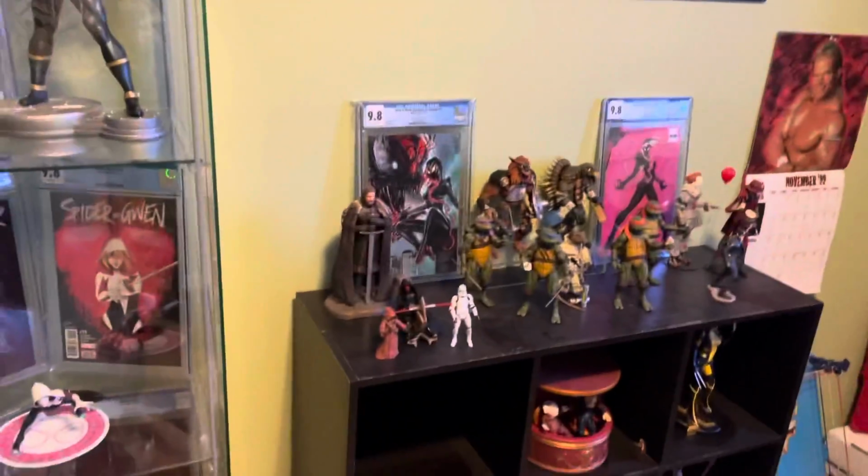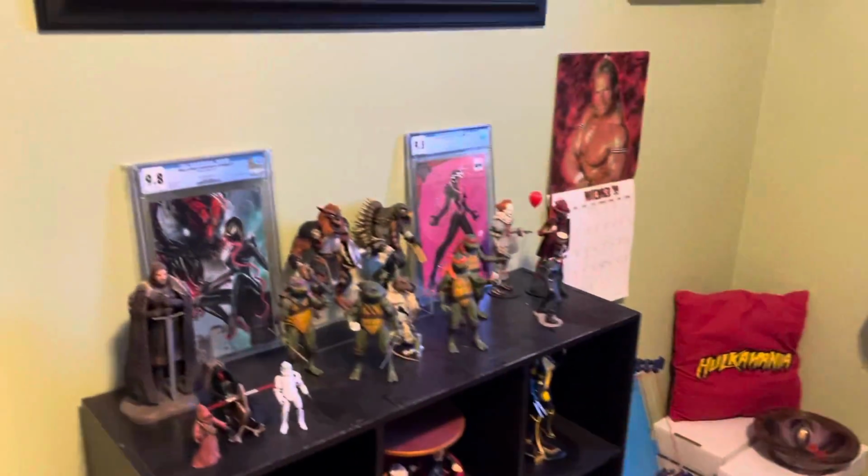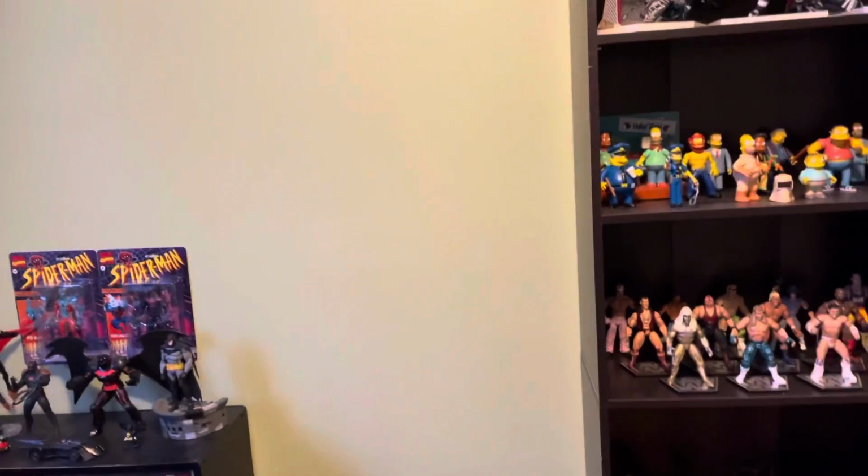So yeah, but I don't know. So that's where I'm at right now. This room is as complete as it can be right now, kind of. Like this giant space here really bugs me. I do